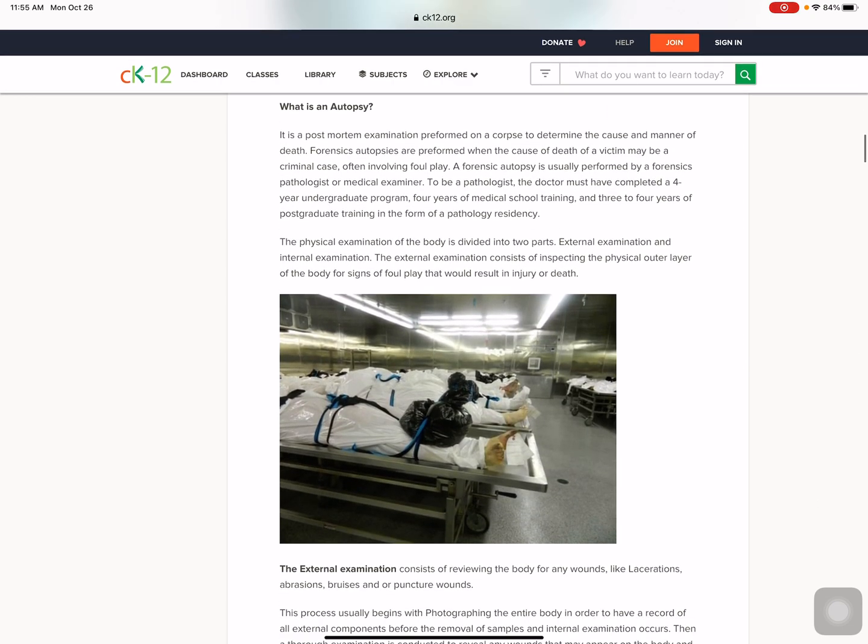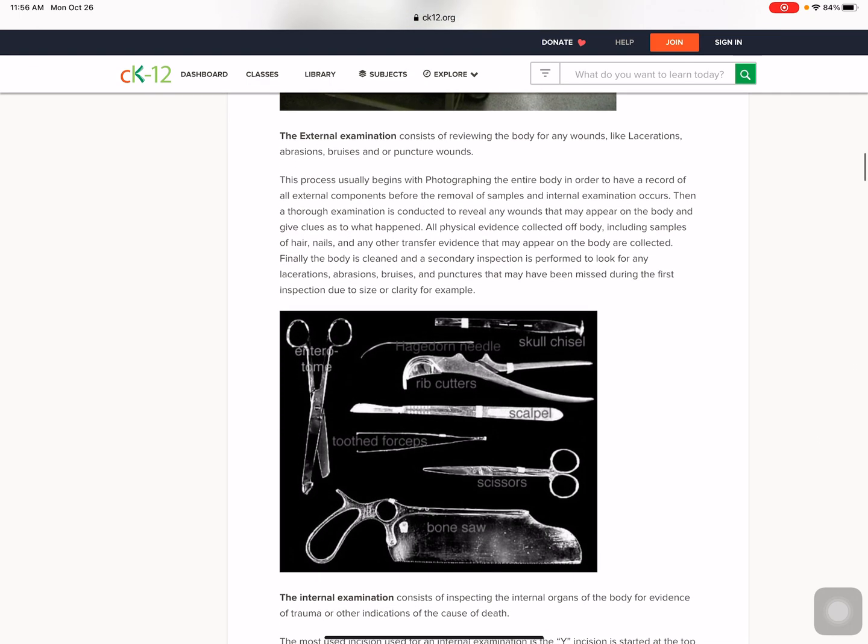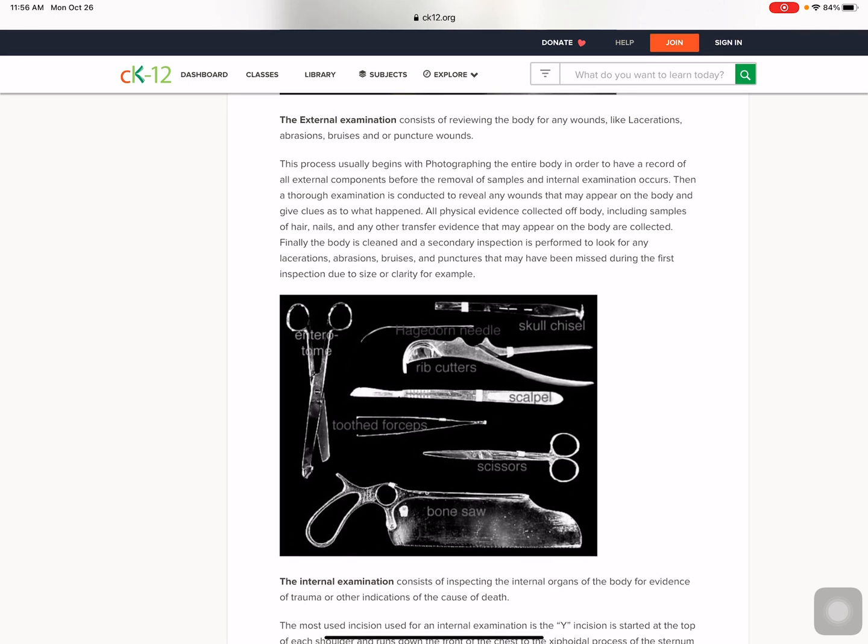We're focusing in on the autopsy, and postmortem means after death. It all starts with an external examination before the medical examiner is going to examine the body. If this is part of a crime scene, then the CSI lab will bring their tools to the morgue and they will collect evidence off the body. It might be a hair and tissue sample. It could be scrapings under the fingernail. They'll examine the external body,